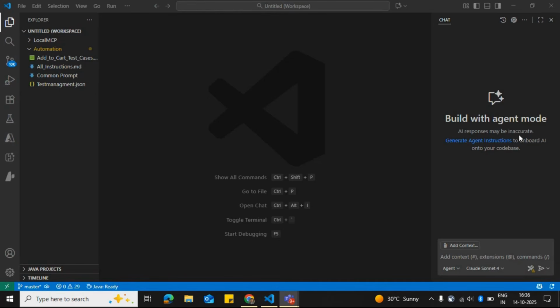Hello. In the previous session, we saw how to use Playwright MCP for manual testing. Now we're going to see how to use Playwright MCP for automation testing. What we'll do is take the same test cases we generated in the previous session and run automation testing on them using Playwright MCP. I'll reuse the setup we already created earlier, GitHub Copilot and Playwright MCP, to perform the